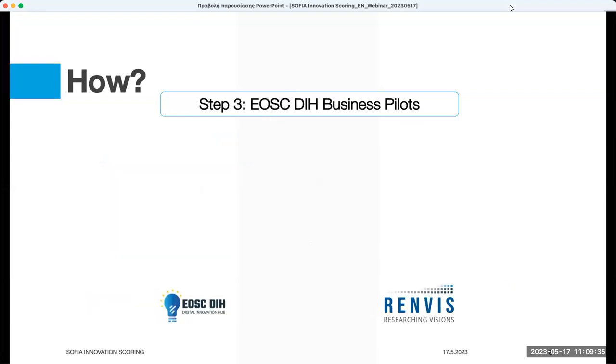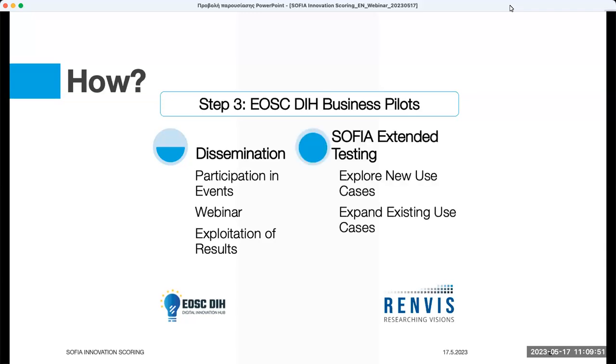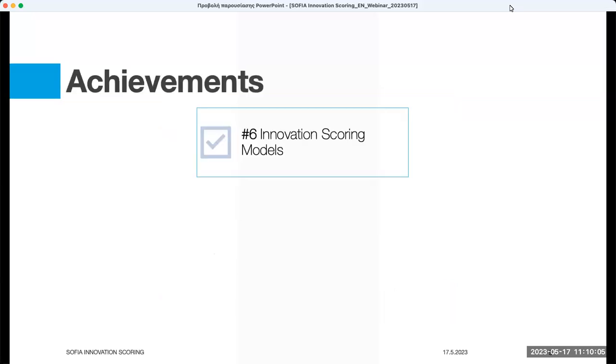And of course, the third step is the EOSC DIH business pilot, from where we plan to disseminate more, to participate in more events, plan some more webinars and exploit the results furthermore, and of course, to extend more the testing of SOFIA by exploring new use cases and expanding existing ones. So these three steps were very carefully planned and designed to achieve a total of 6 innovation scoring